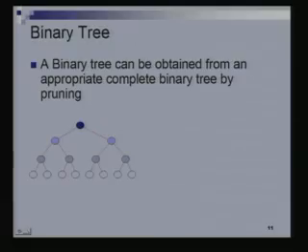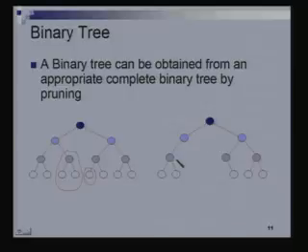Okay, now what's a binary tree? So that was a complete binary tree, right? But a binary tree, we said, is any tree in which every node has at most 2 children. So to get any binary tree, you can start with a suitably large complete binary tree and just cut it off, right? For instance, here, if I were to cut off this piece and this piece, then I would get such a binary tree,